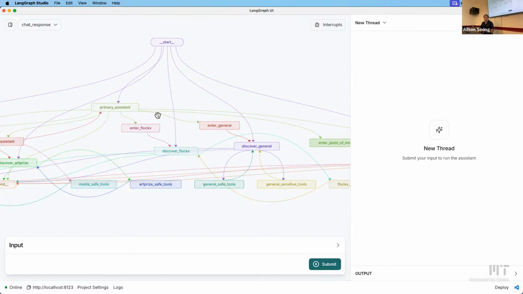Under the hood to do that, we have this is what we call the supervisor pattern. So this is how we're designing the actual cognition behind the other side of the chat. And that starts with an idea of a primary assistant. That primary assistant is really a router. And so as it receives a chat, a set of the last 7 messages, a summary of the messages before that,